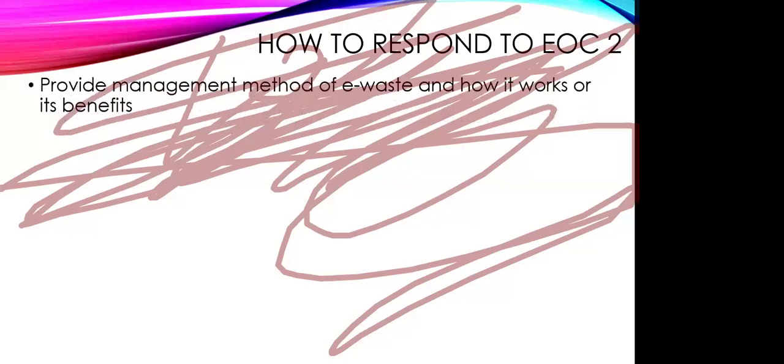Provide a management method of e-waste and how it works or its benefits. If, for example, we say donate, how does the donation work? Because management measures of e-waste, one of them is donating. What might be your waste at home or at school may be something that another person needs. For example, there are normally old computers in banks and hotels that may serve a purpose in schools, whereby we need learners to use them to learn to open the computer system cases, to learn how to do the repairs,